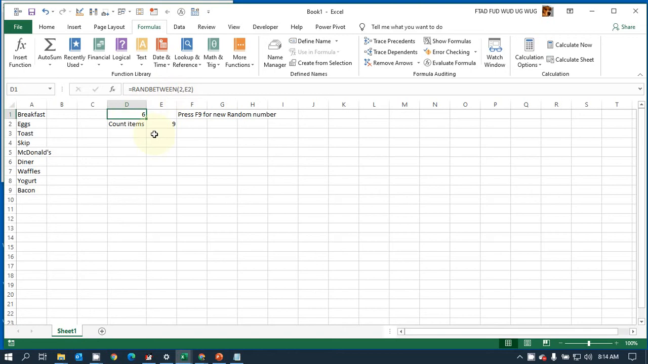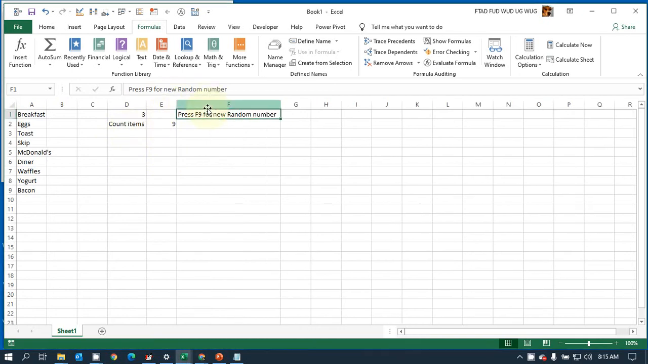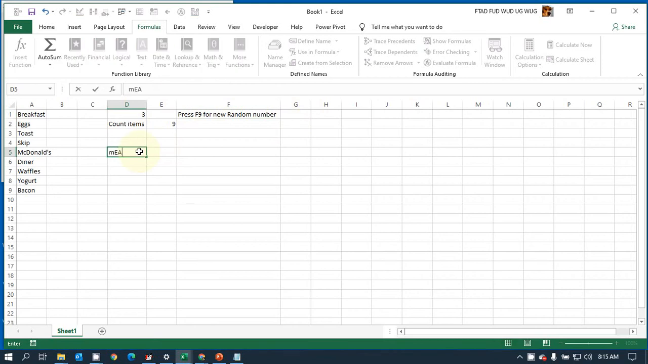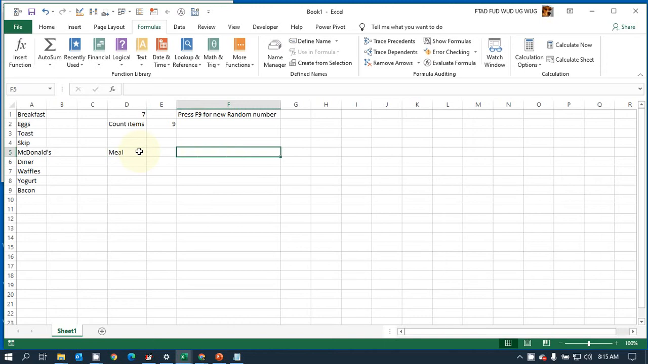So now I want to actually display the meal we picked. We're going to put the meal here, so we have to be able to, using the number 7, which is a random number between 2 and 9, we came up with 7, waffles, so we want to get waffles. So now I know that it's in cell A7, so all I really have to do is get the value of A and 7 into a cell. So one way to do that is with the